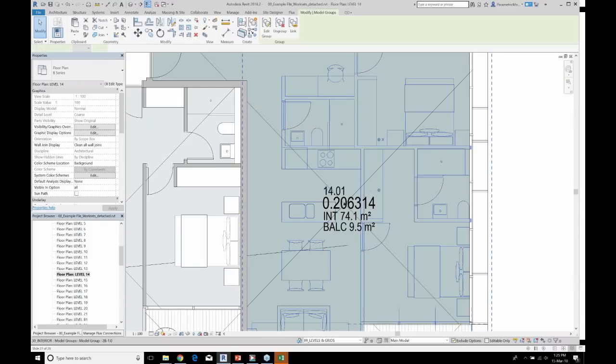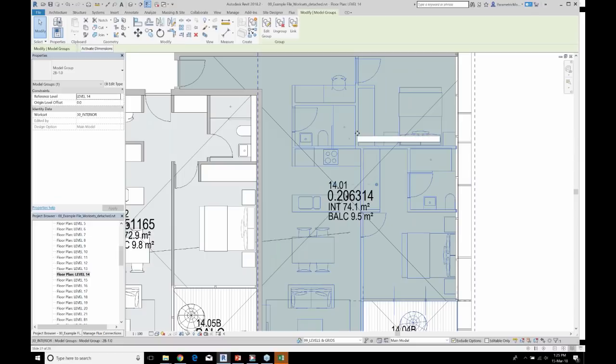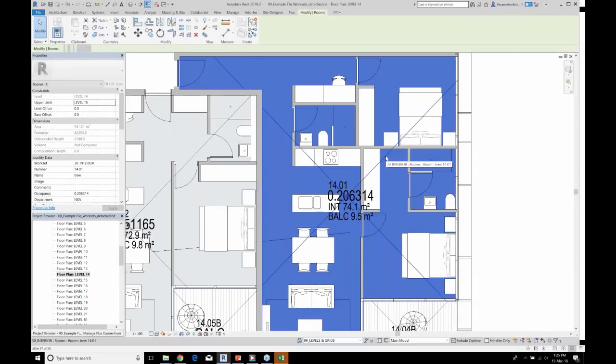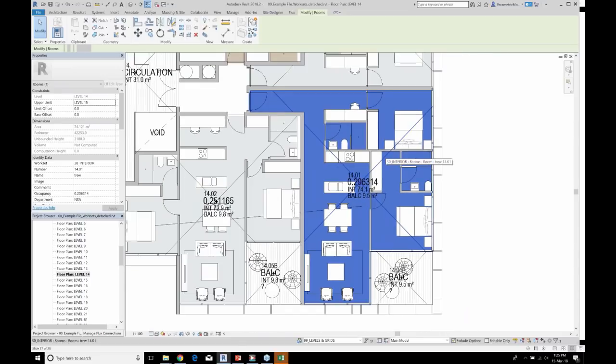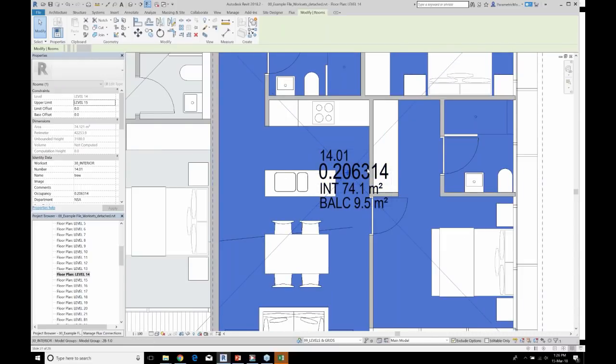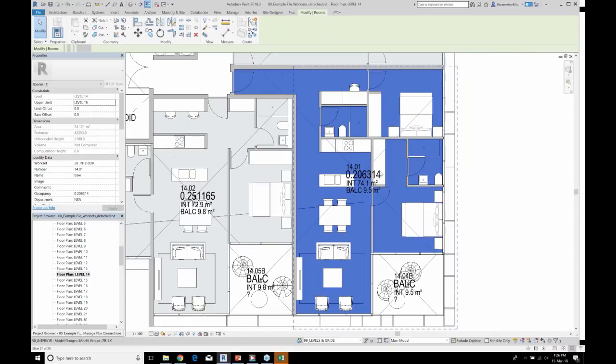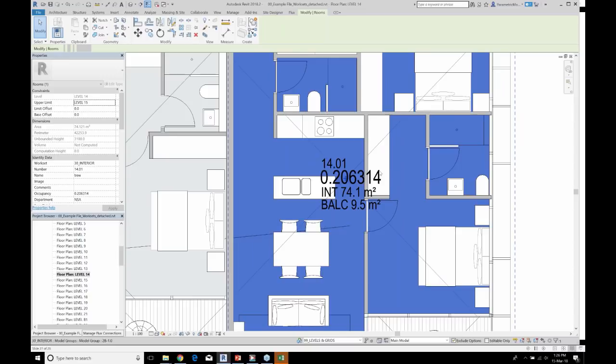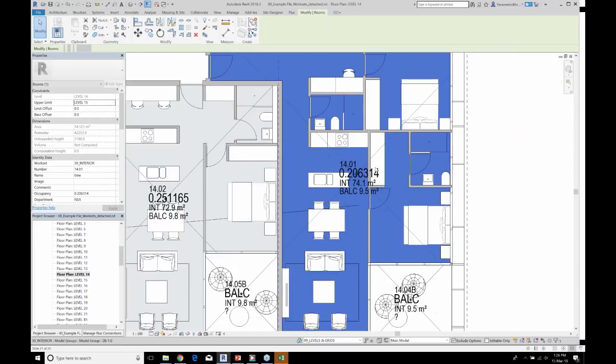The issue is that you have a model group, which is appropriately named 2-bed type 1, but then you have a separate element, which is the room, and those two elements should be in sync, but they're not. So ideally, the name of this should be 2-bed type 1, as opposed to just a generic apartment or room.